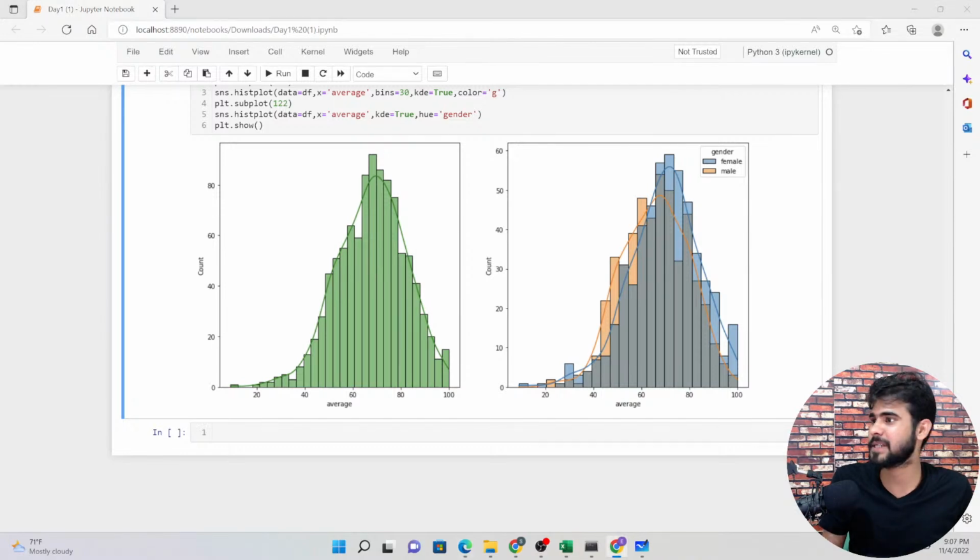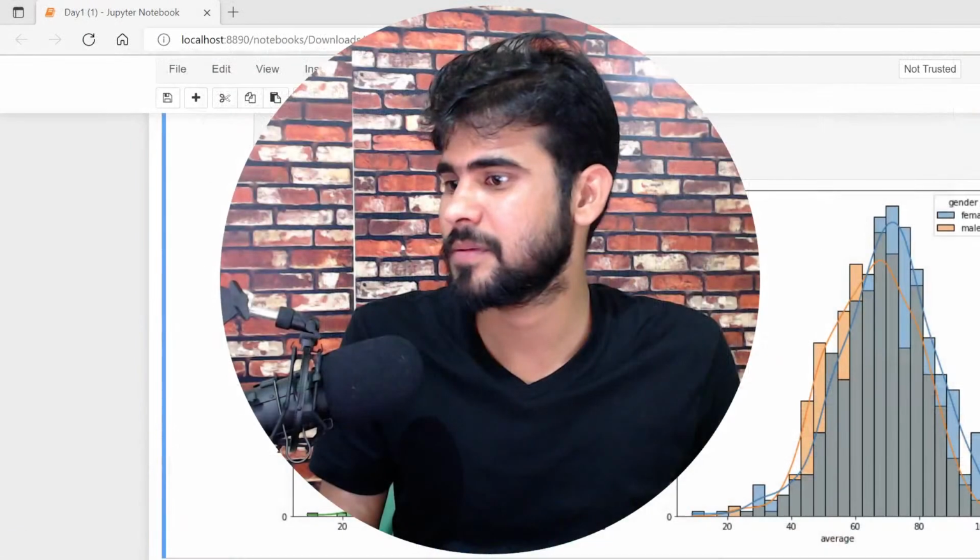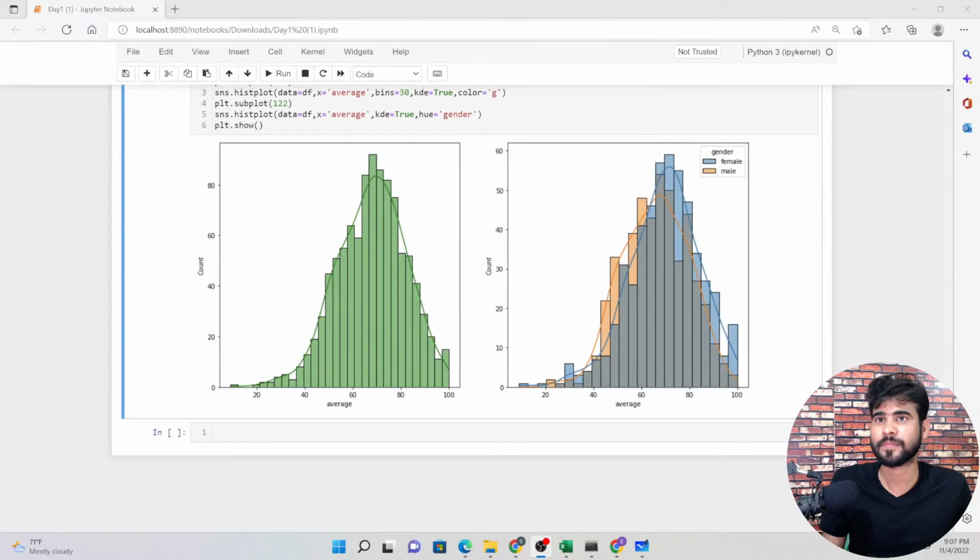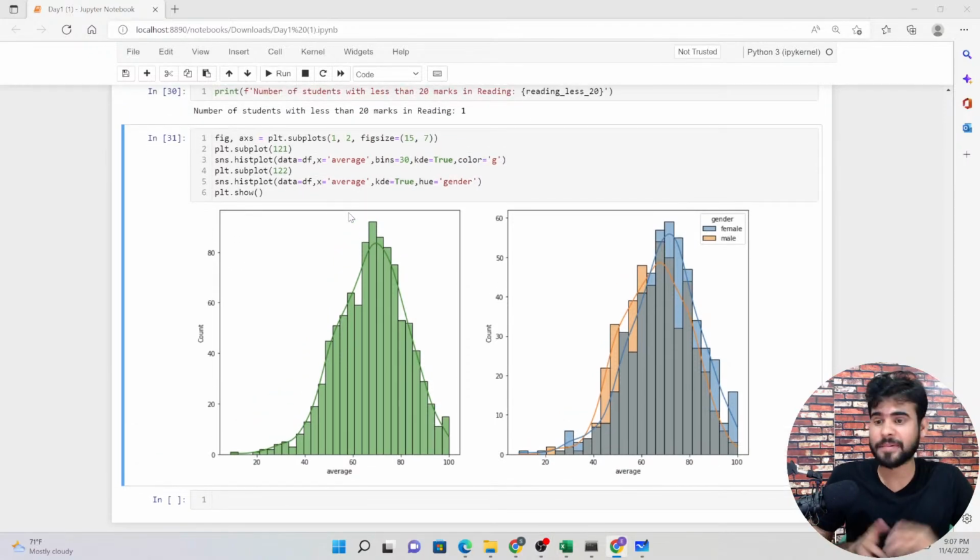Can you please confirm it is audible? Yes, okay. So I created a new environment and I am executing this code in the new environment, and Matplotlib was installed in my old environment, so that's why I got the issue.